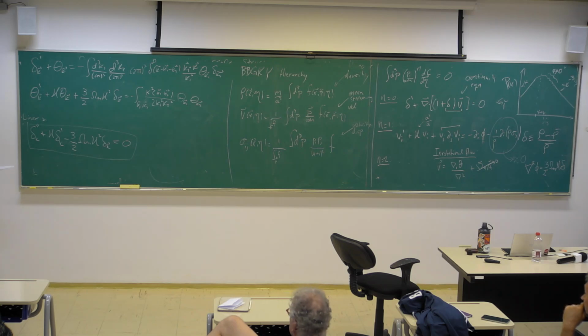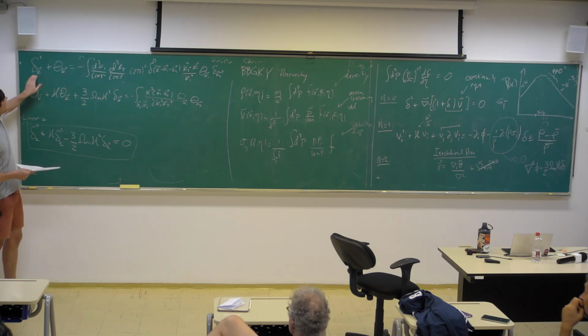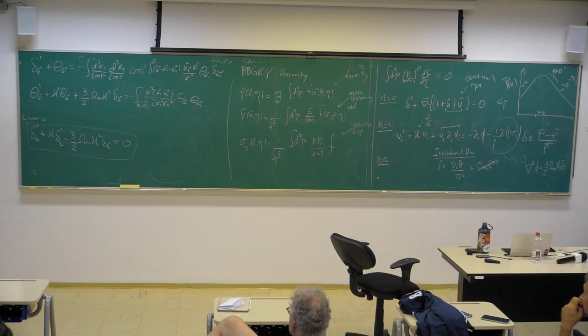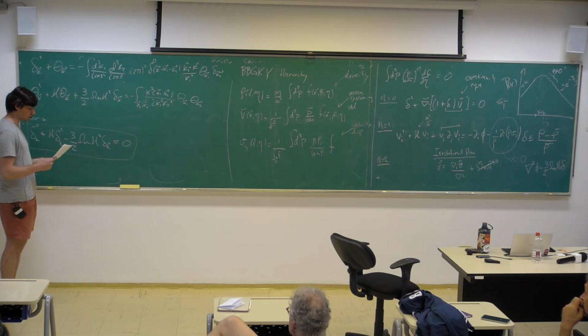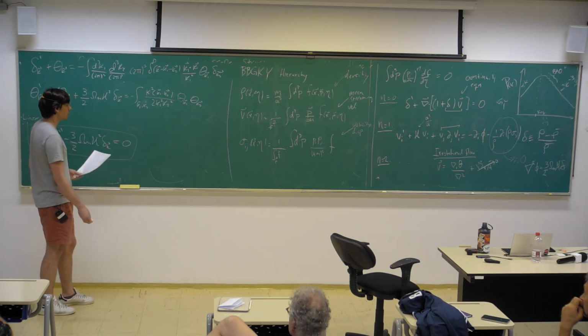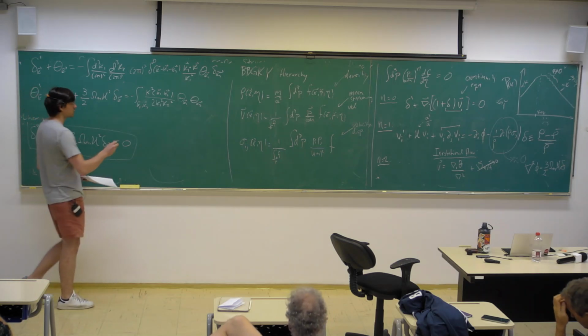Another thing that's interesting is that at linear order, since we set this to 0, density and velocities are just related to each other by some sort of factor. And that means that at linear order, densities and velocities evolve in the same way. At higher orders, we're going to see that that's not the case, because then the momentum coupling structure is slightly different.